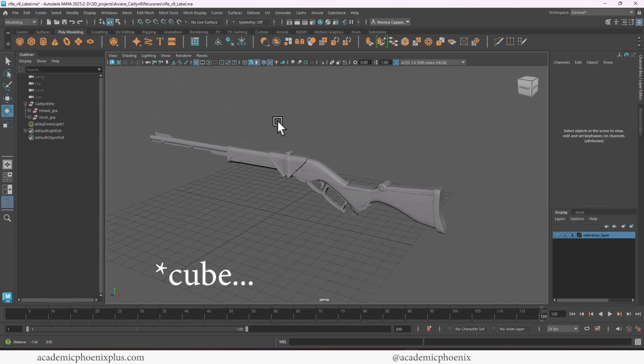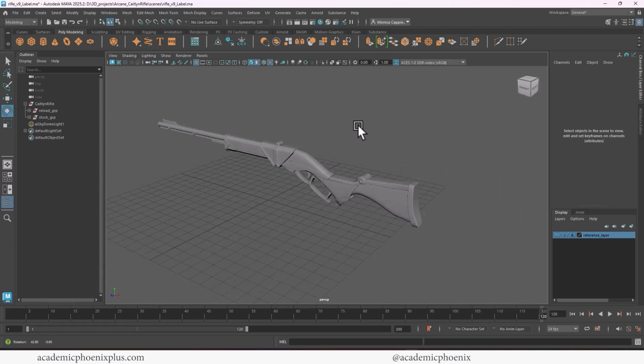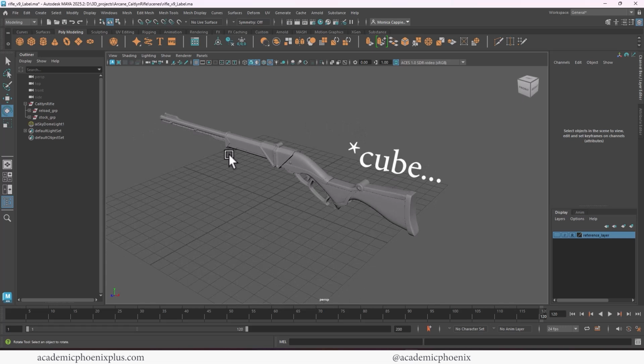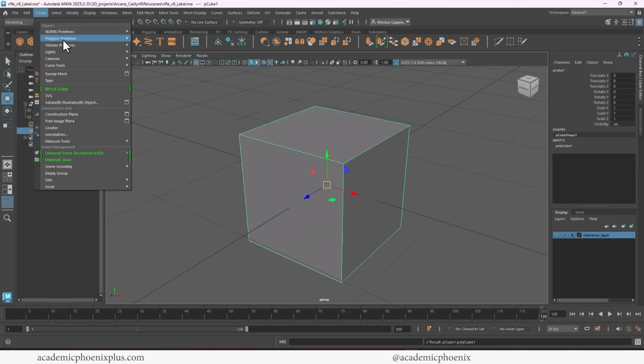Now I do want to do a square because I want to wrap around it and I don't want to confuse any animators with my simple controller. So I'm going to create a square that embodies the whole rifle. So to do that, I'm going to create a cube. I'm going to press F to focus, and then I'm going to go to create curve tool, EP curve tools,